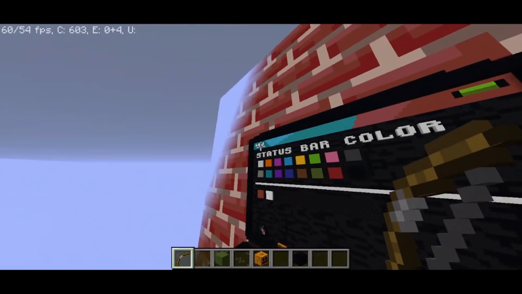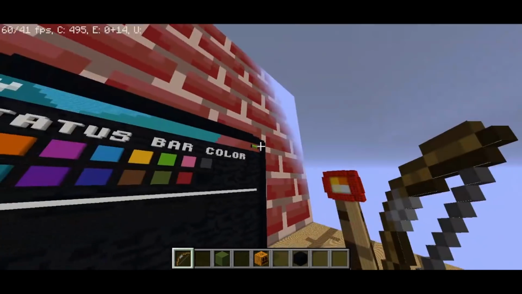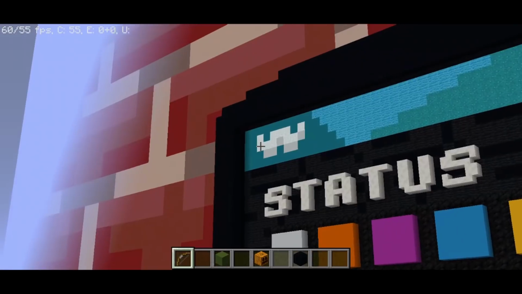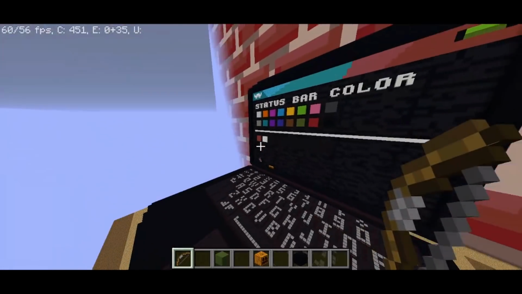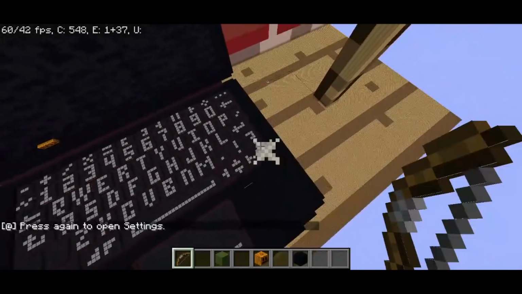And since these chunks are far away, because these are actual blocks, obviously, I have to keep on zooming, so I'm sorry if that gets annoying. To load in the chunks, you have to zoom in. If you don't have Optifine, you just walk up to the screen and it'll load it in. But if we go back to settings, we can...